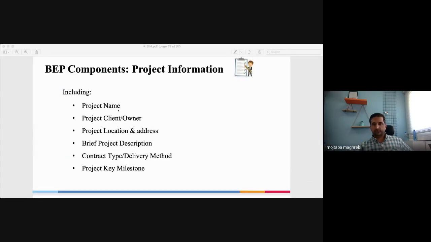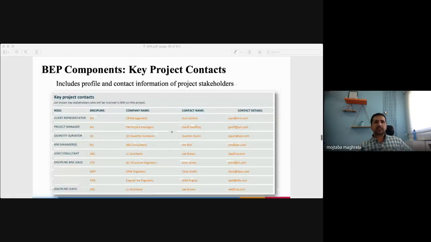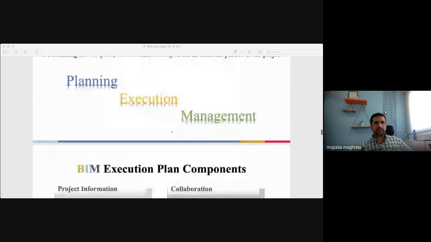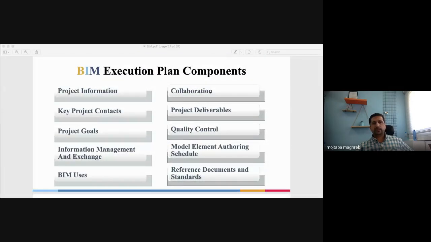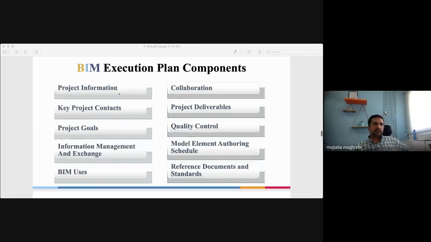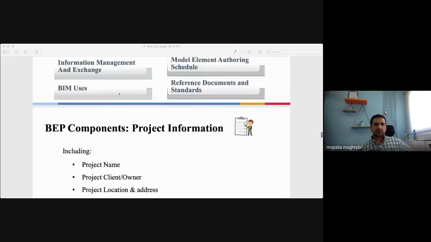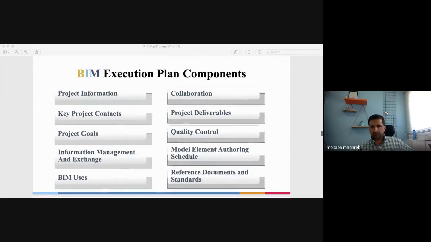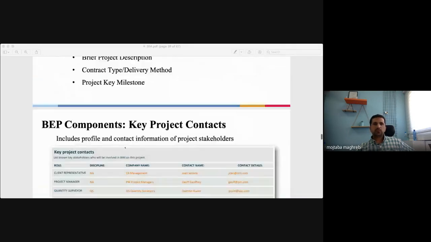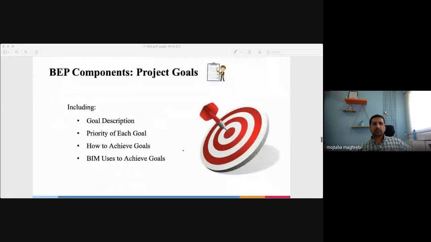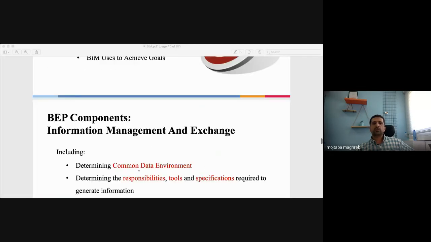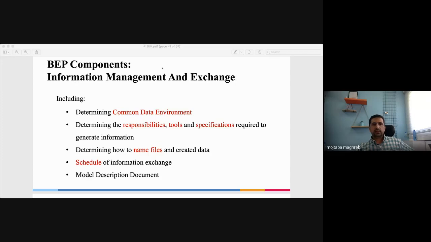And you can see how the project information looks like. Again, for any of those metrics, I'll have a few slides. I will go through them very quickly. Later on we could discuss, but I don't think the time allows me to elaborate in more detail. For example, for project information, I have what needs to be included and how it looks like, and then for project goals, how to put the projects together, and then how we want to manage the information.